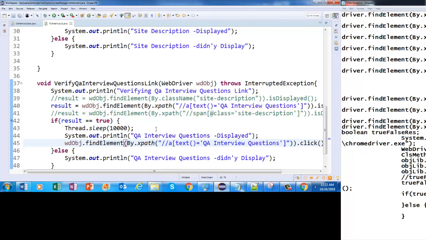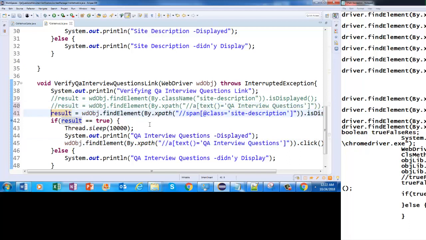So here, if you come here, you will see that instead of identifying that object by text, I'm going to comment out this part. I'm going to use an attribute here. Remember that when you are identifying an object by an attribute, what is the name of the tag? A. And when you are identifying an object by attribute, you will have to put that at sign, and then what is the attribute that we are using? We are using the href attribute. And what is the value of that attribute? This is the value of this attribute,